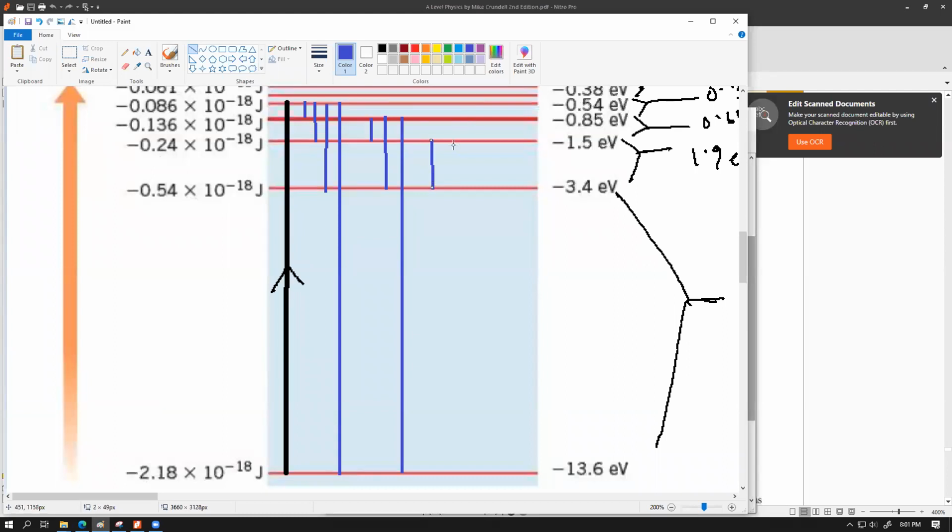So all of these are the possible jumps of the electron if it is about to come downwards from shell number 5. It can take 5 to 3 and then from 3 to 1, or it might as well take 5 to 2 and then from 2 to 1. So it can take multiple different jumps, but each of these individual jumps would correspond to a certain